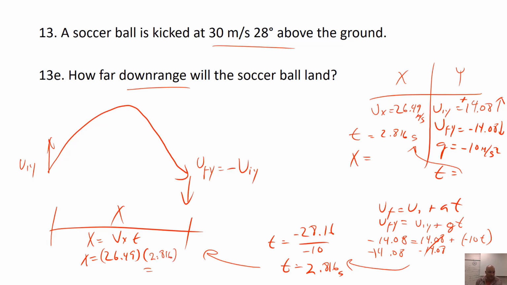And we get our final answer of the study guide, 26.49 times 2.816, and I get an answer of 74.595. So I'll just go with 74.6 meters. So it's going to land 74.6 meters downrange. Let me just write that neater. 74.6 meters downrange is going to be your final answer, and that's how you do those